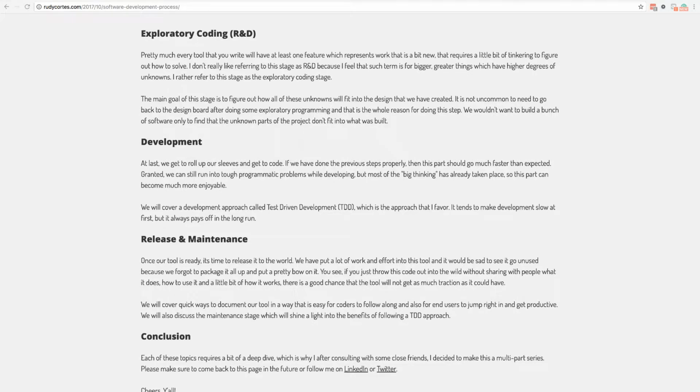So it's always important, before you put this piece of software out in the world, to take a little bit of time and package it nicely, so that when it is used by the community, they can jump right in and start using it without having to figure out what it is that you were trying to do.